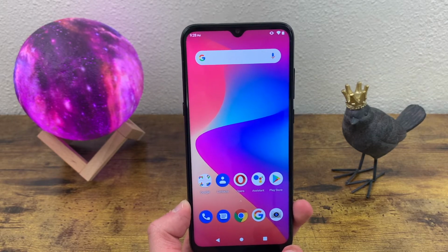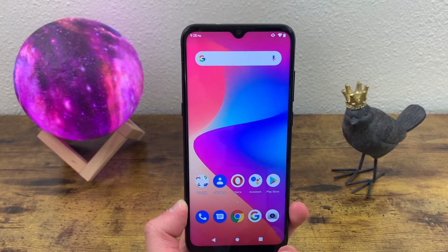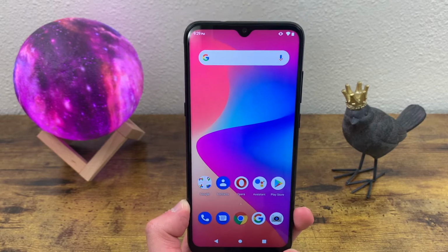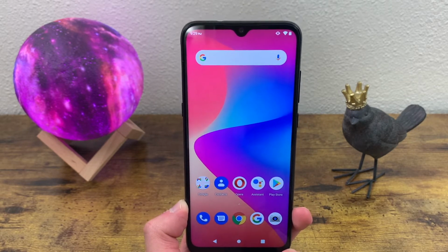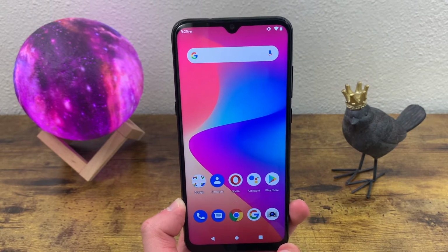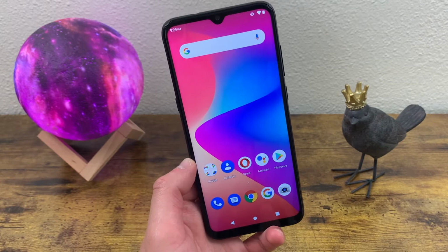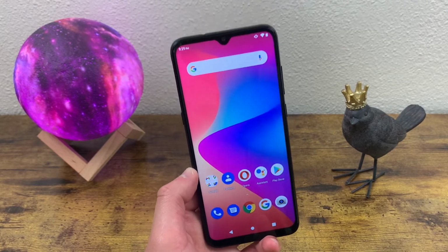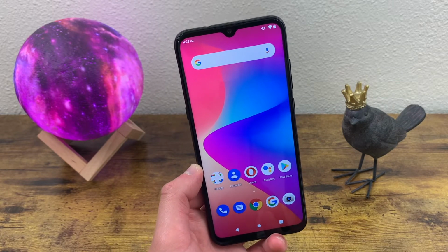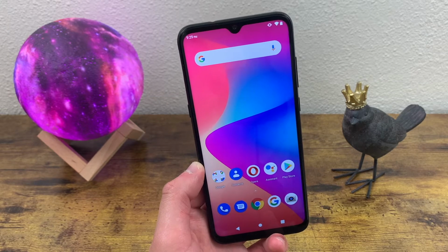But now, let's get into the video. So my first pro for this phone is the processor. This phone is getting 3 GB of RAM with the Unisoc SC9863A processor. Despite the sort of weird name, this processor is actually pretty powerful and reliable for the price range this phone is in. Getting 3 GB of RAM, while definitely not by any means high-end or uncommon, even for this price range, is nice because I've seen plenty of phones in the same price range that only have 2